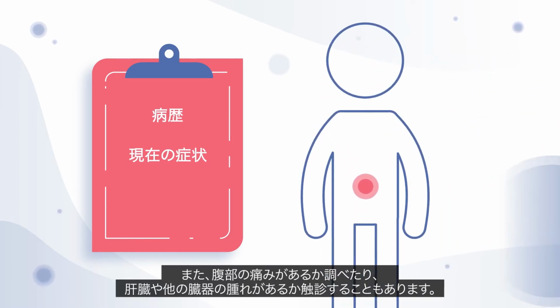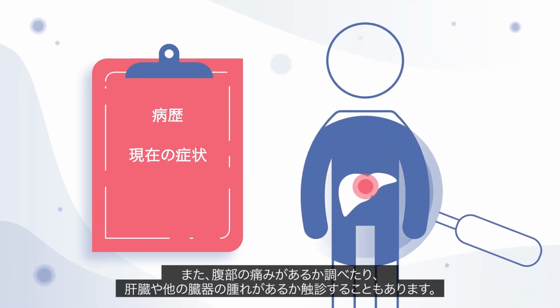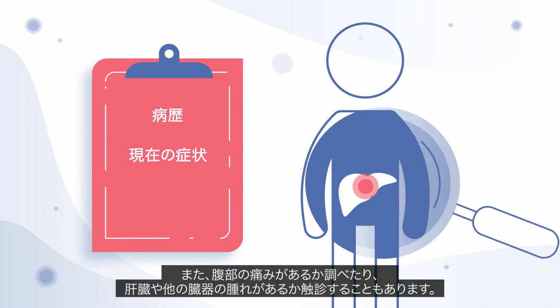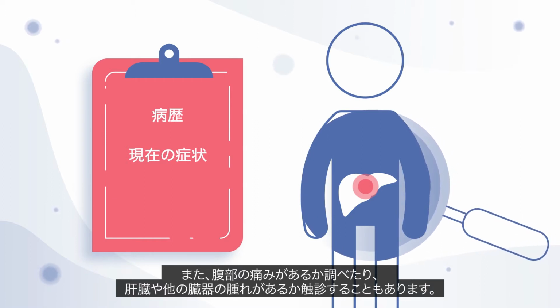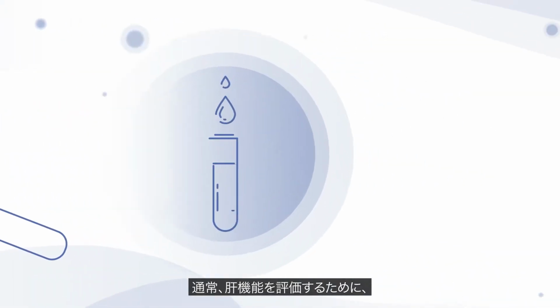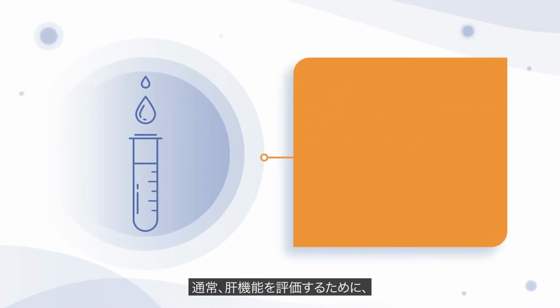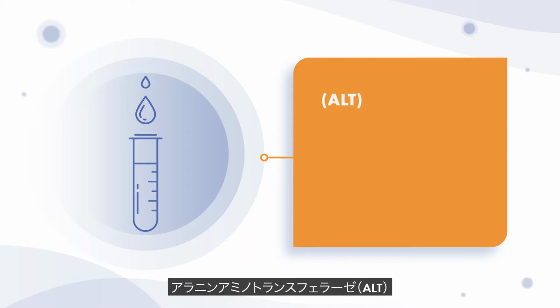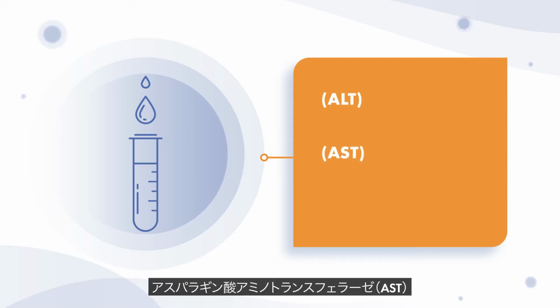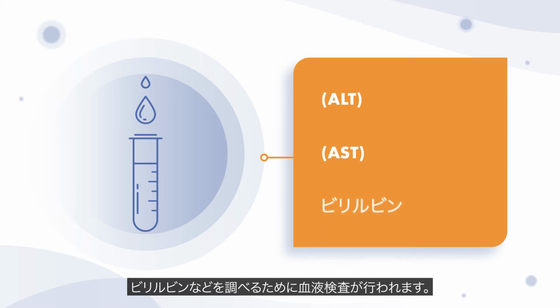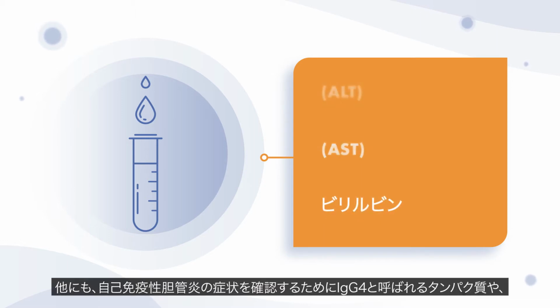They may also carry out a physical examination to check for pain in the abdomen or to feel for enlargement of the liver or other organs. Routine blood tests to assess liver function will usually be suggested, such as alanine aminotransferase (ALT), aspartate aminotransferase (AST), and bilirubin tests. Other blood tests may include those for a protein called IgG4 to check for a condition called autoimmune